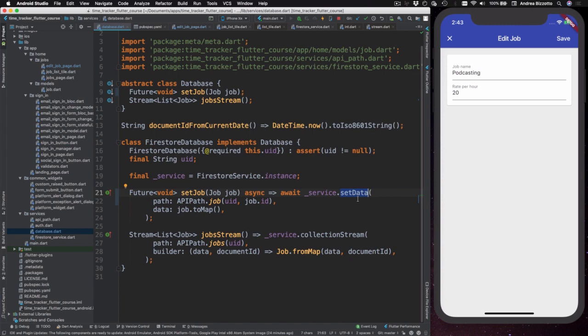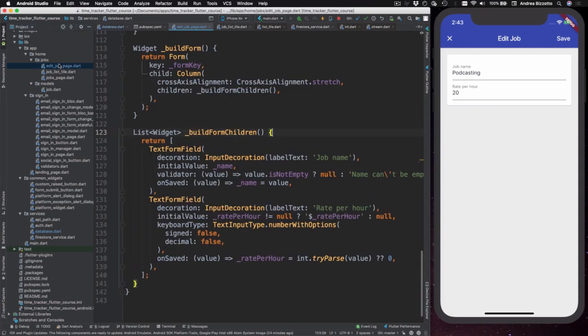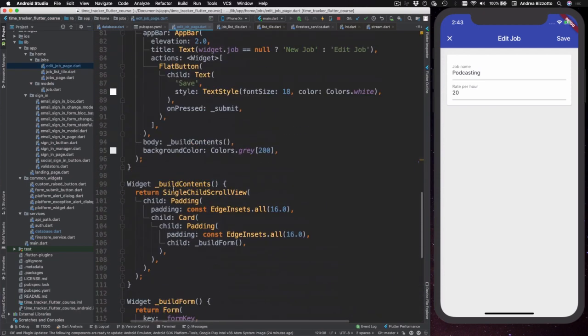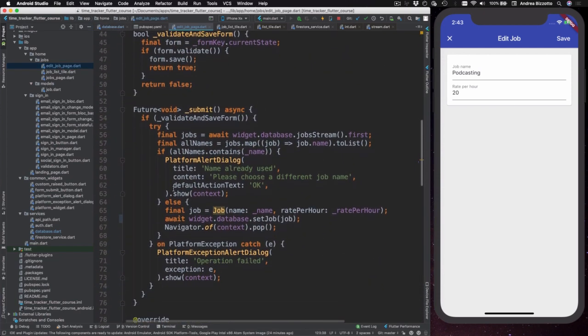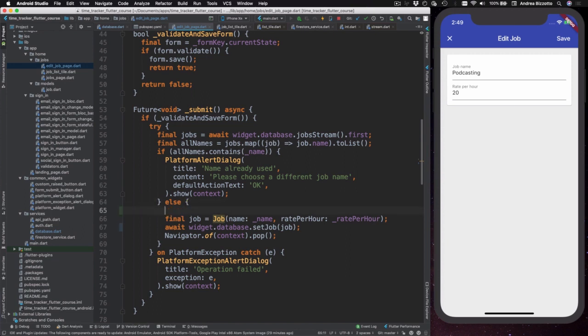Okay, so now that we have modified the database class, we need to get back to our edit job page. And if we scroll up to the submit method, we see that now we have a warning because we are creating a new job object where we are not passing in the ID, which is a required argument. And this makes sense because this code should now decide whether we create a new ID or use an existing one. So we can fix this code by typing final ID equals